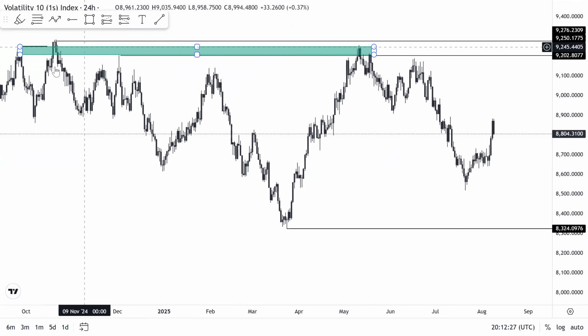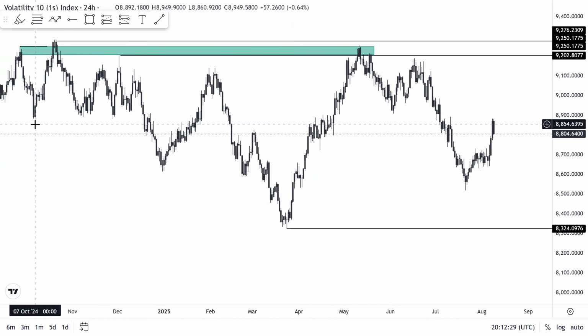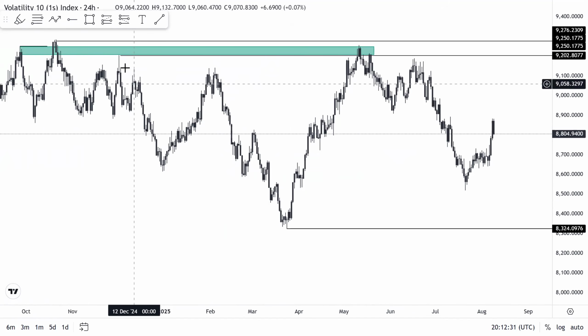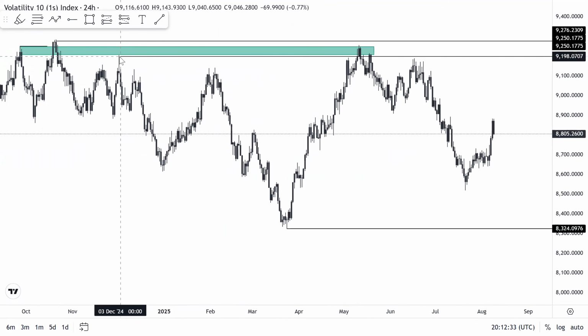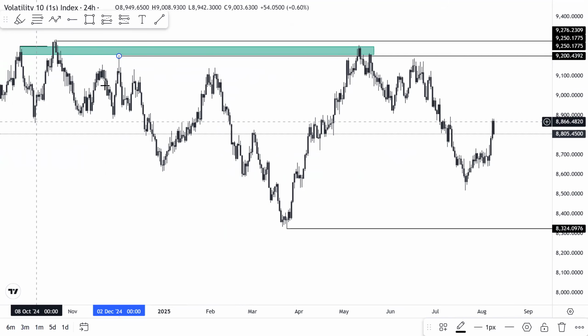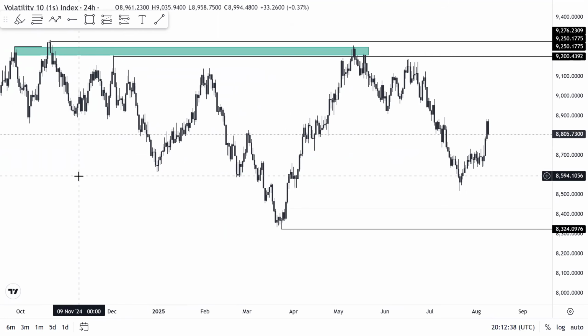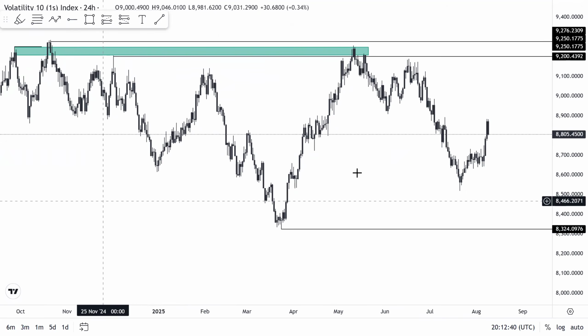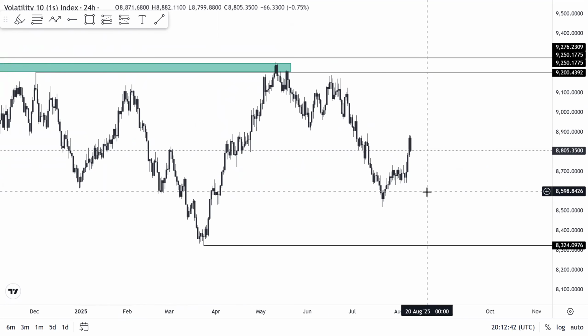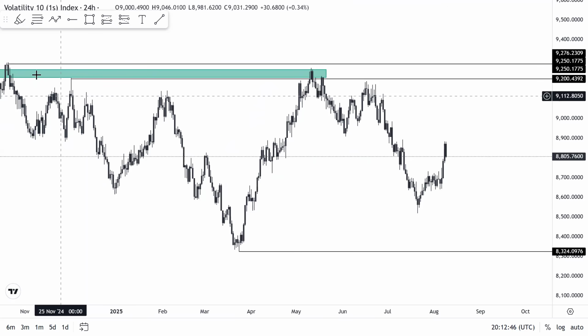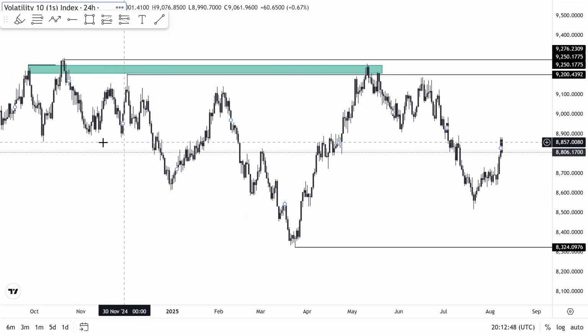So now we have the sweep of structure here, the break, and what do we have here? This is our type 2 scenario, right? So this is the structural liquidity before the break of structure, and this is from the daily time frame, right? So we're just trying to see what is happening on VTNS. What is causing the sell currently from the daily? We have a sweep, right? We have a break of structure.